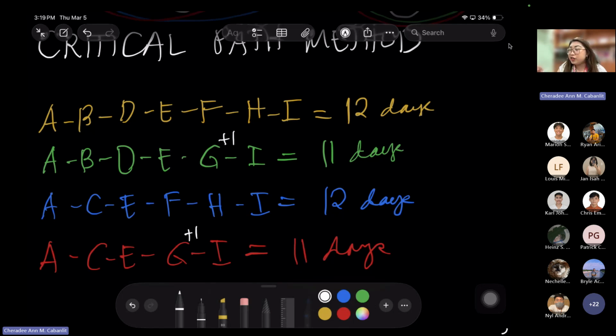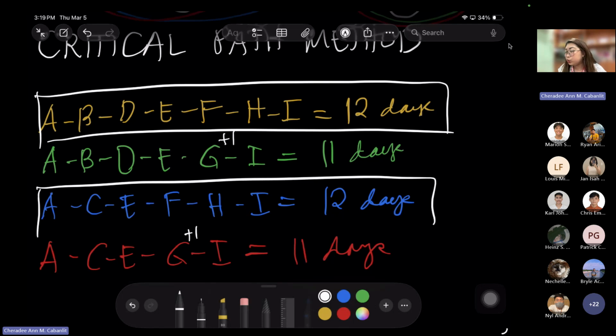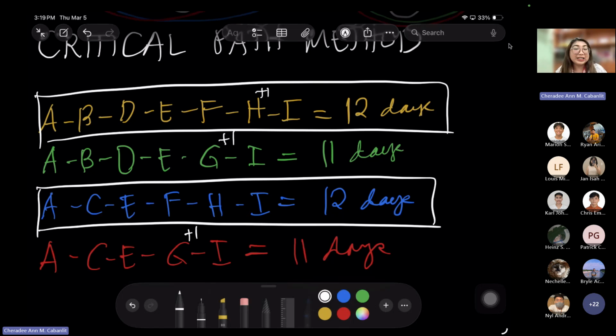So your critical paths are paths 1 and 2. Path 3 is not, because if I extend one more day to activity H, it will lead to 13 days, but based on your activity table, you are to finish the activity in just 12 days. Therefore, it's not suggested that there is an additional day for the activities in the critical path.